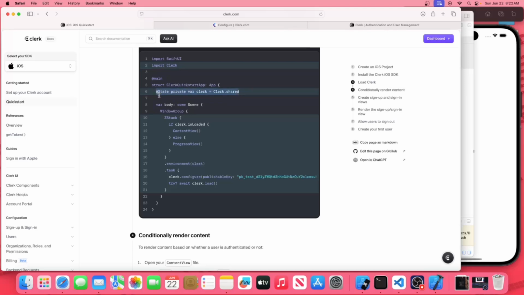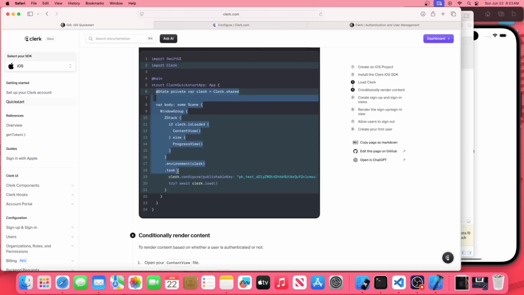Let's copy this, and for the body we say if Clerk is loaded, then we go to content view. Otherwise we go to progress view,